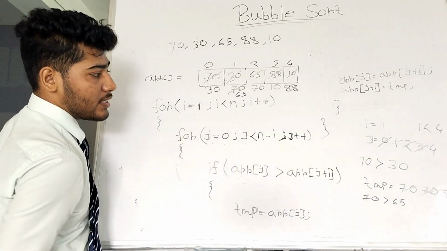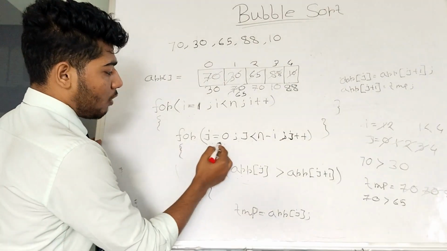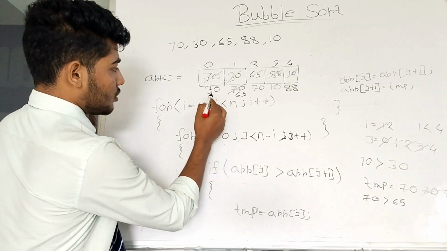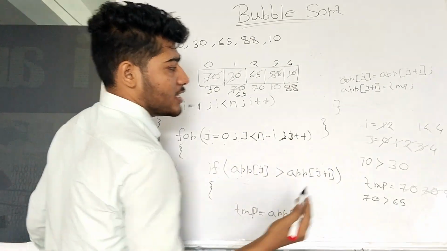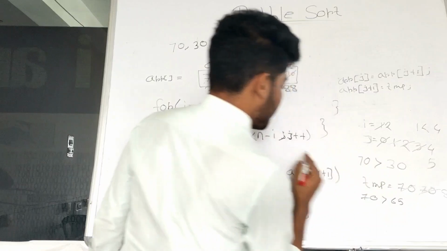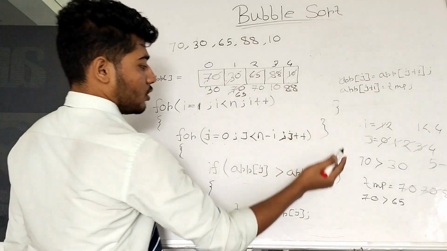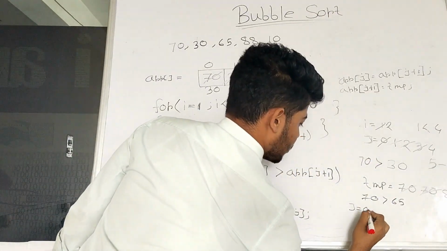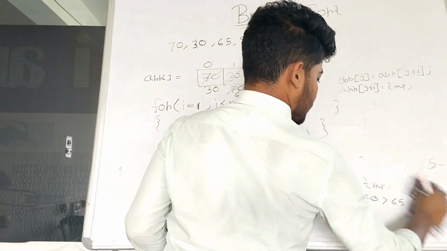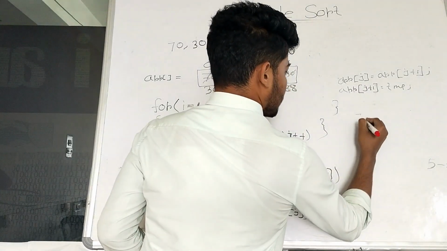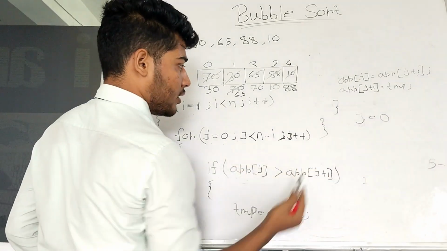So now i will be increased from 1 to 2, so it will again enter into this loop. j equals 0, and j less than n minus i. n is 5, and 5 minus i, which is 2, gives 3. So j is 0, and j less than n minus i means 0 less than 3, true,